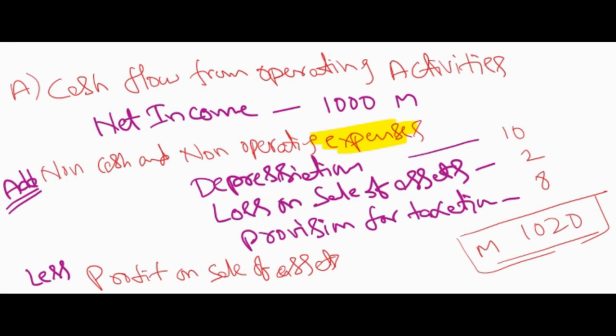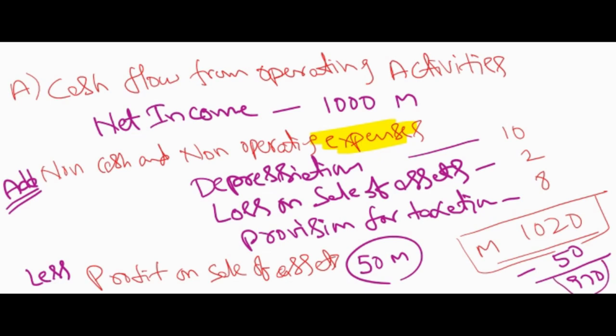Because this is the income, right? Let's say you got a profit of 20 million, or let's take 50 million, right? So what you should do, you should minus this 50. So now your cash flow before changes in working capital is how much? 970,